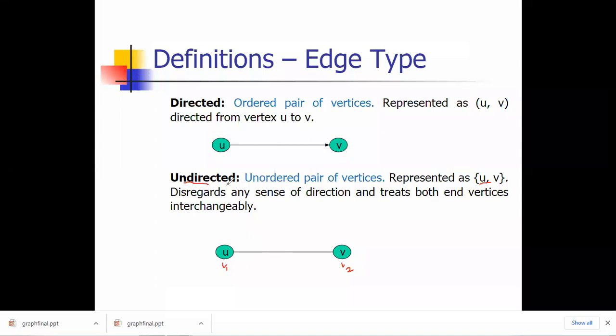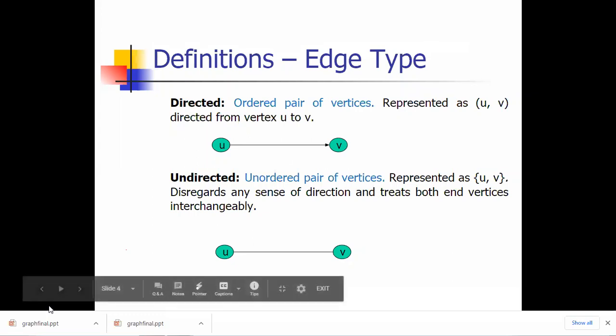So these are the two basic types of edges. The representation of edges in undirected is that you can traverse from U to V or from V to U. So these are the representations of edges in a given graph. Fine. We'll see the next part so that you can understand the concept of graph data structure.